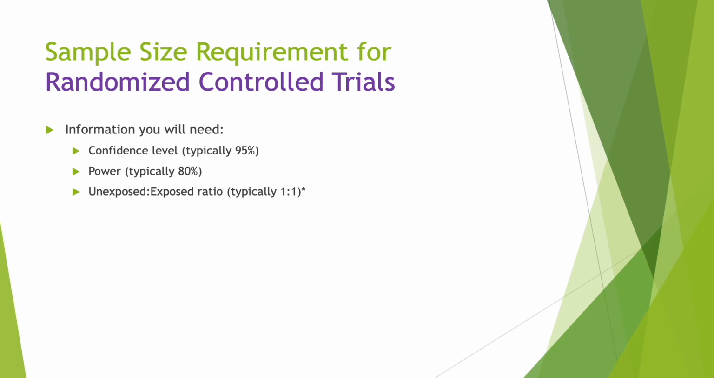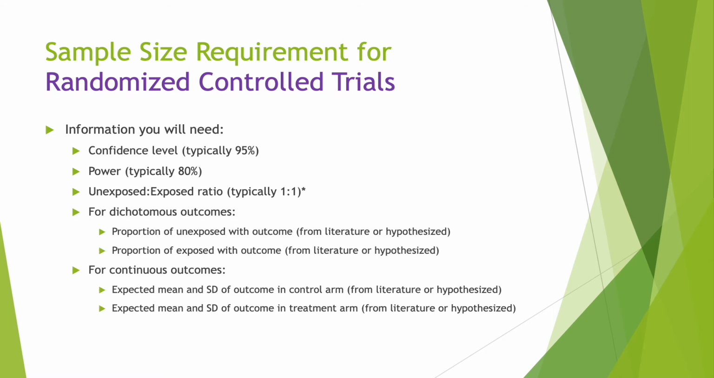It is typically 1:1, but sometimes a 2:1 ratio is used. Whenever you're going to use such a ratio, you must provide a good rationale for doing so. Also, which method of sample size computation you will use will depend on the kind of variable your outcome is. If your outcome of interest is dichotomous, meaning either you have the outcome or you don't, then you must provide